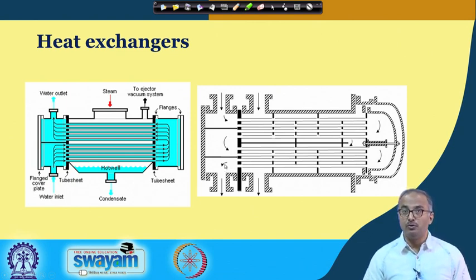On the other hand, when you look at the shell side, you can see the shell side fluid is flowing like this, it is moving like this, and it is taking a configuration like this, and then it is taking a second turn over here. That means, this is one pass for the shell side, it is taking a second turn over here, again moving like this from here, and is going out.